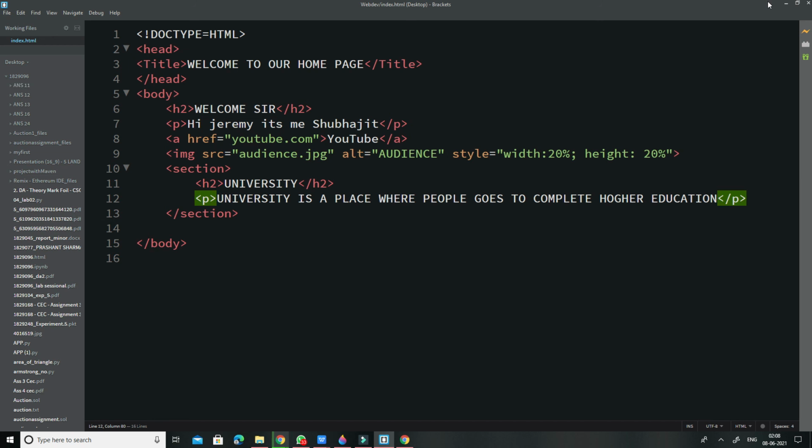Okay, non-semantic elements like div and span tell nothing about their content. Reading span, we do not understand anything. But there are some elements or tags in HTML like form, table, article, which clearly define what things they are containing. All right, so this is called semantics.